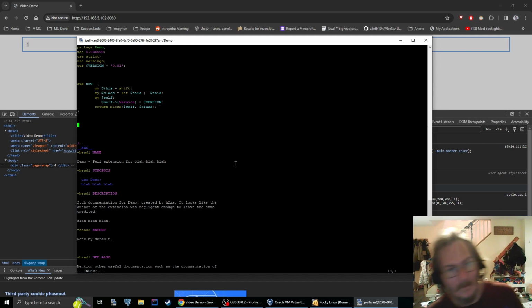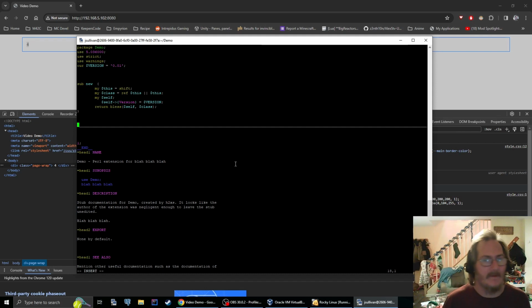Alright, what does that do? Well, Perl doesn't have the concept of a new function like other object-oriented languages do. You have to write it yourself. And it's usually the first thing you write. This is a bare bones new, which will,